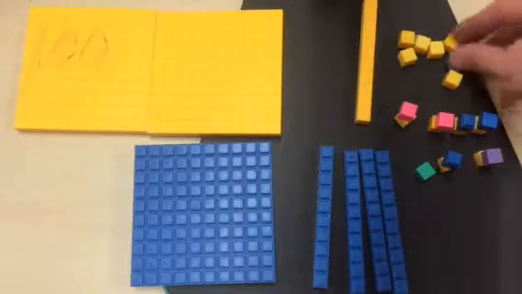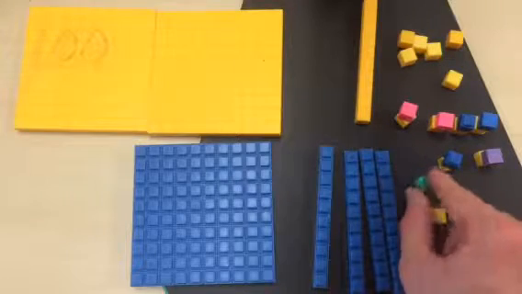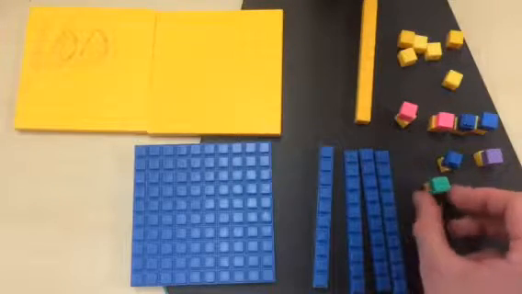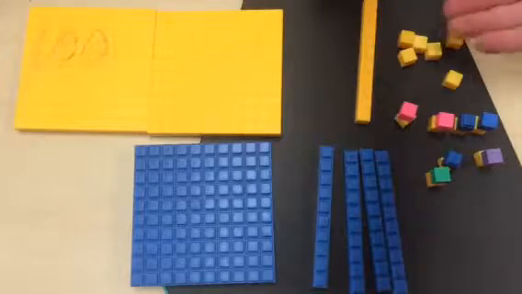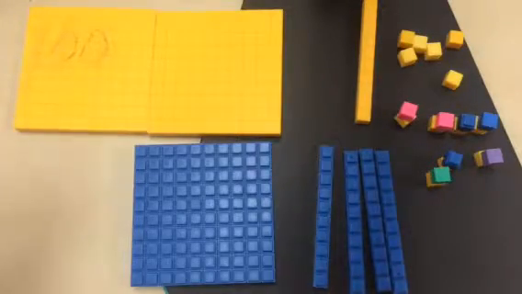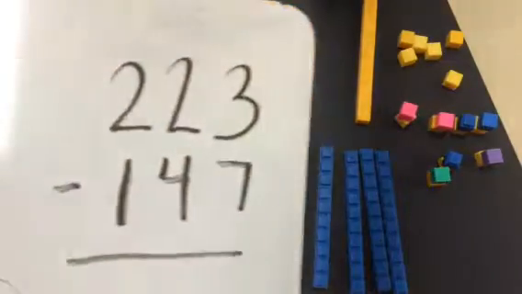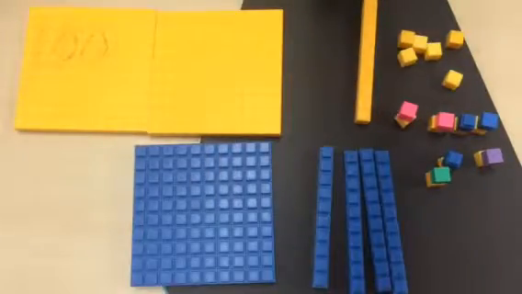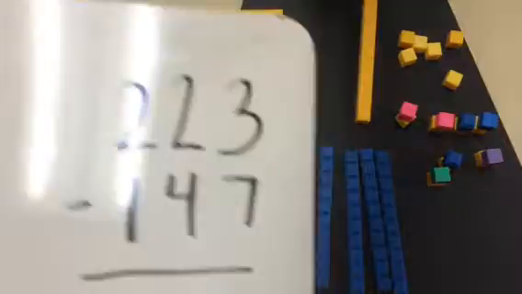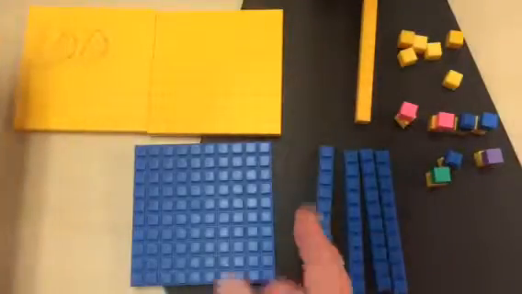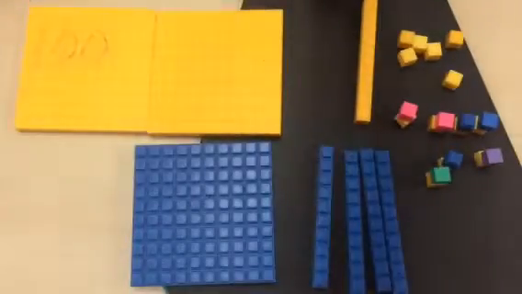All right, there we go. The units that are uncovered are the difference in individual units between 223 and 147. We're going to do the same thing with the 10s. Now it looks like 147 has more groups of 10 than 223,